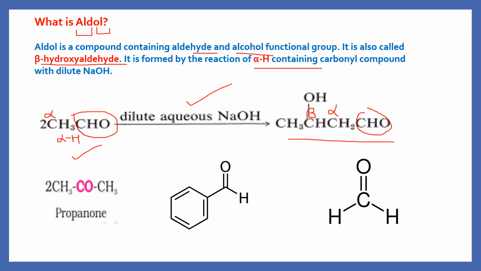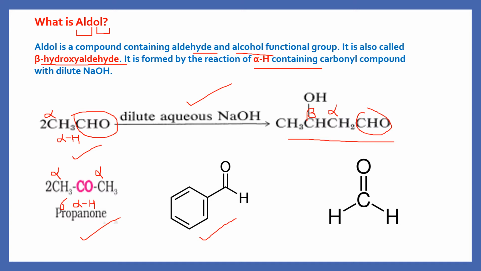This particular type of compound can be made from ketones also. The same condition applies: they should have alpha hydrogen in them. If you see the examples given here, propanone has this alpha hydrogen and this alpha hydrogen, alpha hydrogens on both sides of the CO, to which the CO is attached directly. We can say that there are 6 alpha hydrogens in acetone. So this will also undergo this type of reaction. And the compound is called ketol because it will have an OH group and a ketonic group. So, ketol.